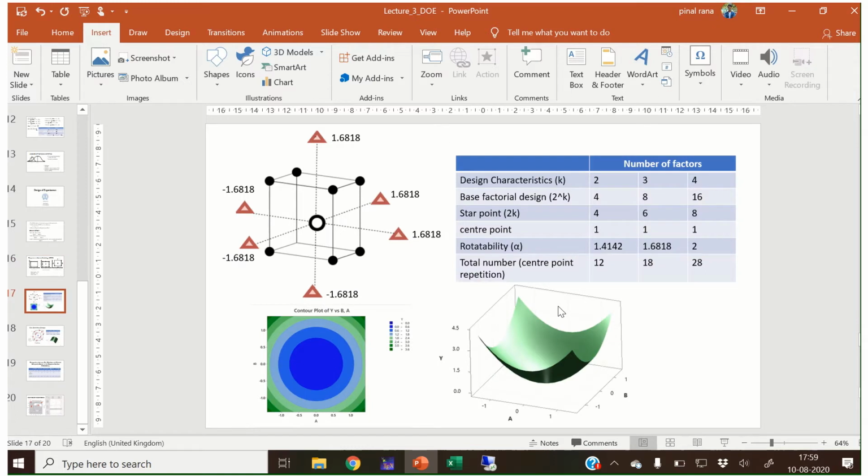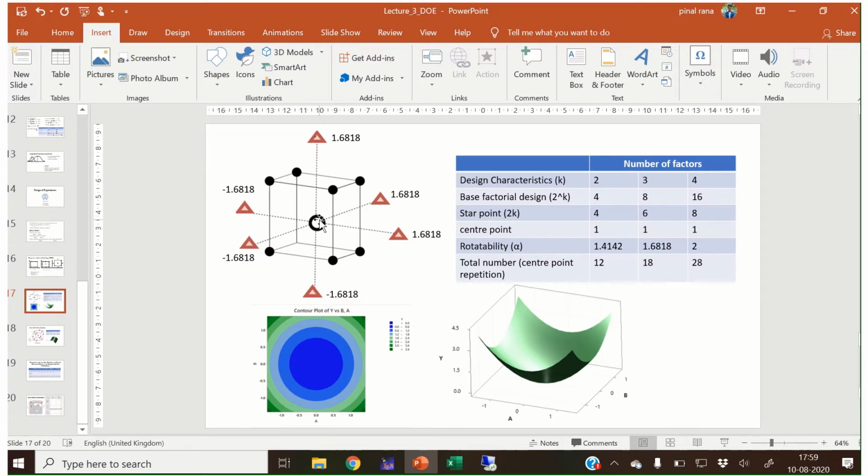Now we see the three-variable design. Instead of two variables, if we have three different variables, then I have shown the design over here. If the center is here, the distance from the center of this line to this point is 1.